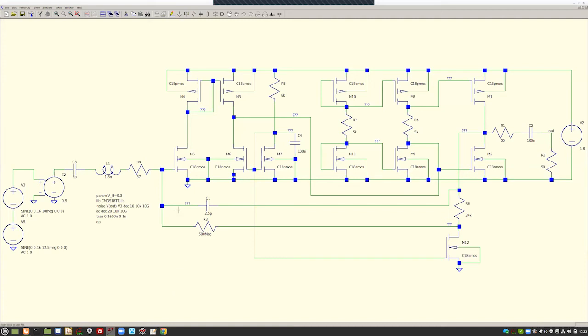Hopefully you remember the input stage. That was M5, the current mirror, M3, M4, and then here was an ideal current source. And this current source is now made as a simple transadmittance amplifier with a voltage reference. The voltage reference is made from the power supply with the resistor through, so you could also call this a